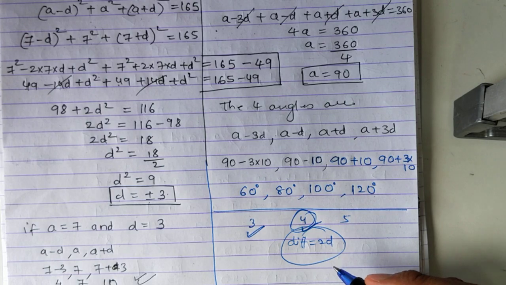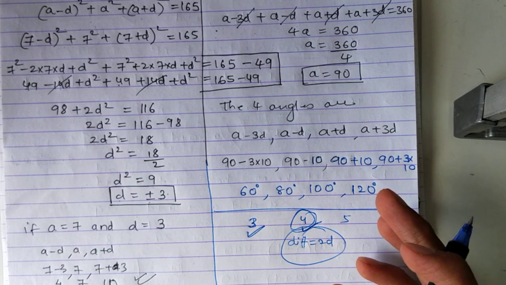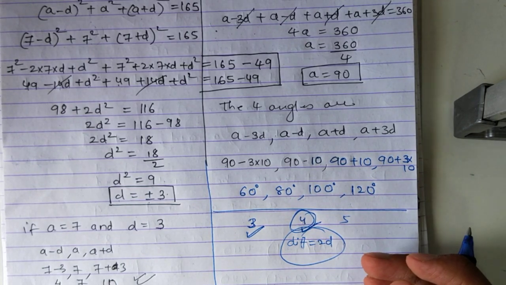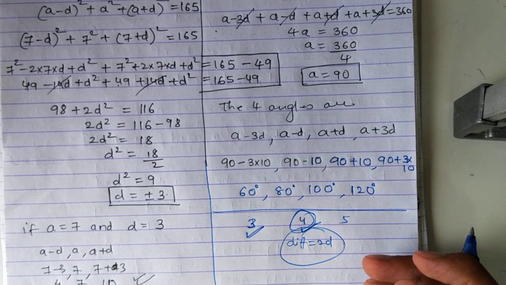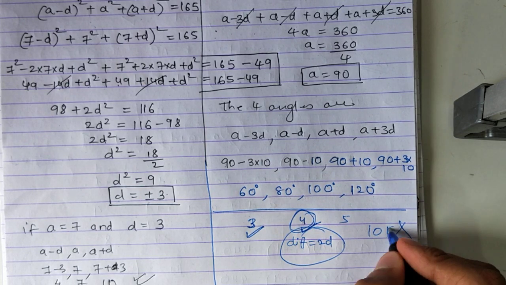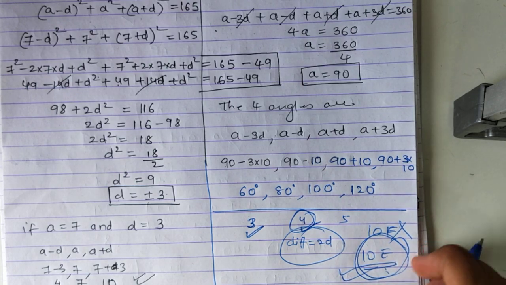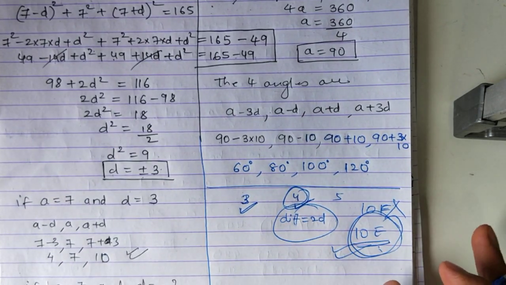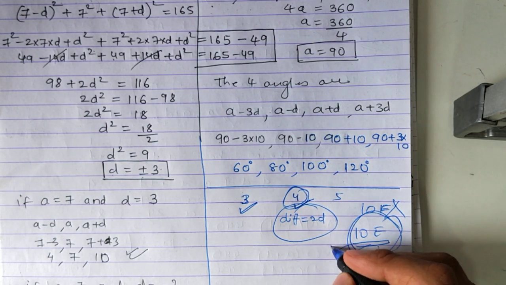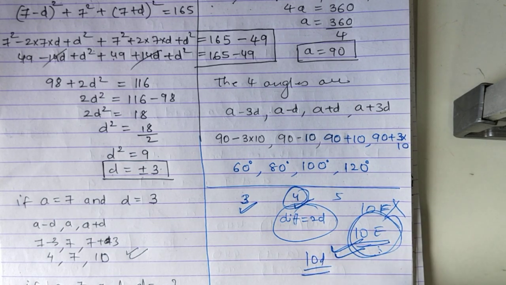Okay. Now there are a few sums left from this exercise. We'll continue them in the next video lecture, and I'll probably complete this exercise 4D. After we complete this exercise 4D, in the next exercise you have word problems based on AP. Okay, and 10F is miscellaneous, so we will not do that now. 10E is word problems, so I'll do some word problems from here. Although word problems have never come in the exam till now, they may come, so we'll do it. A few sums, word problems. Till 10D, we'll do mostly everything.